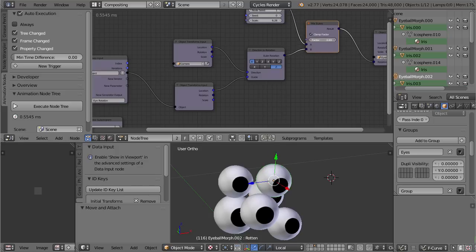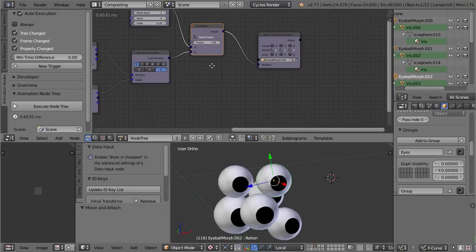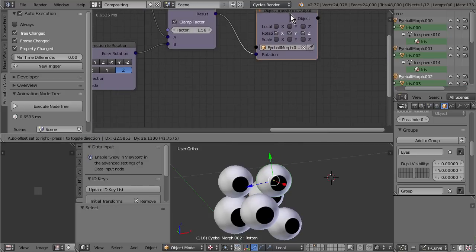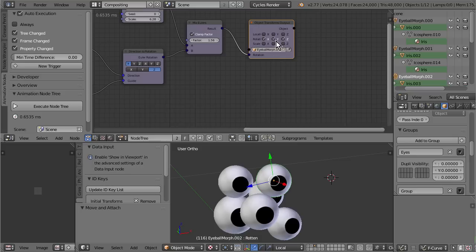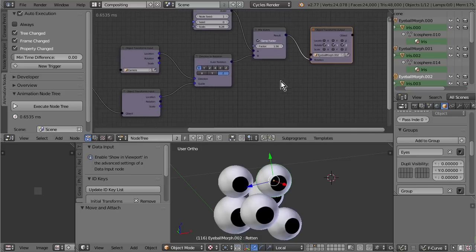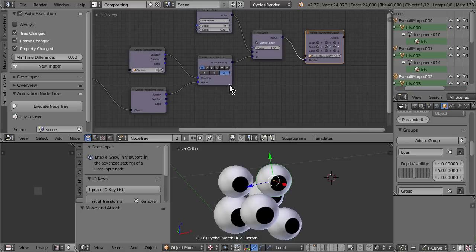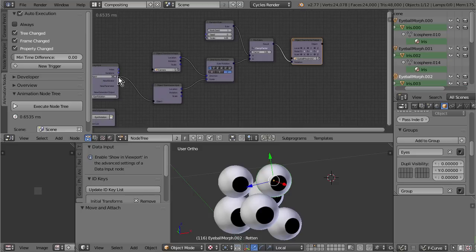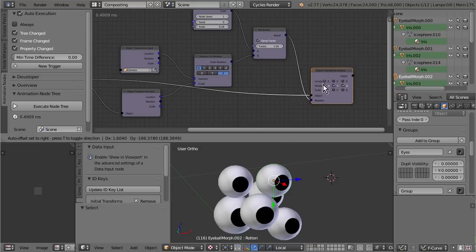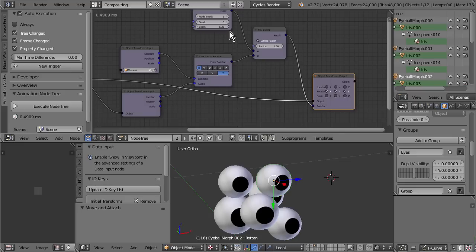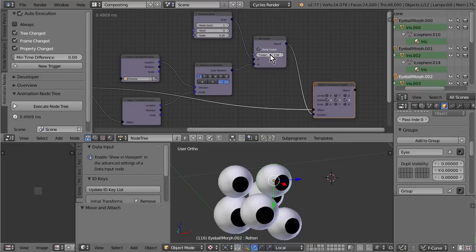Unless, except of course for the original eye. So why is that? Because the transform output is only applied to the original eye. It calculates the rotation for all the eyes, but it only applies them for the last one. So if we want to do this for all of them, we need to also tell it to do it to all of them. Alright, let's change this factor, and you can see they're all rotating in a random direction,